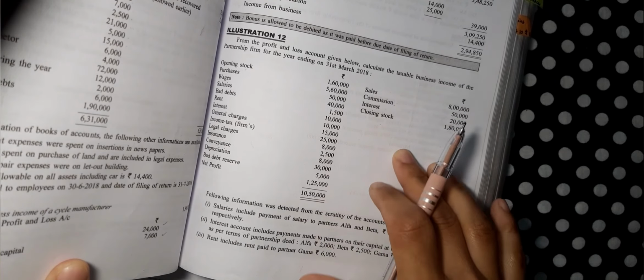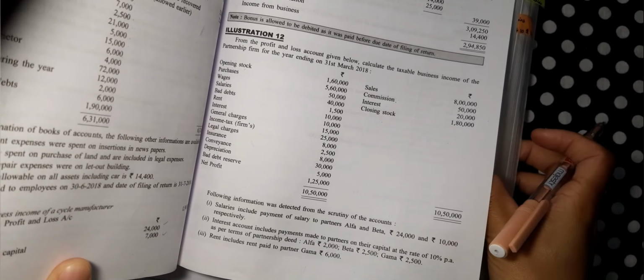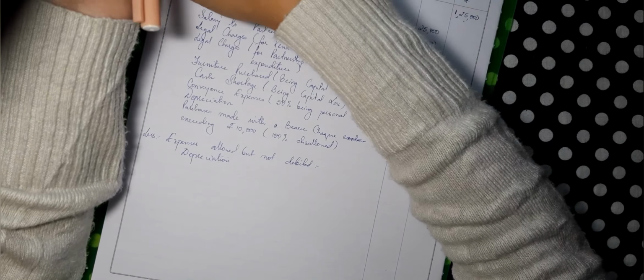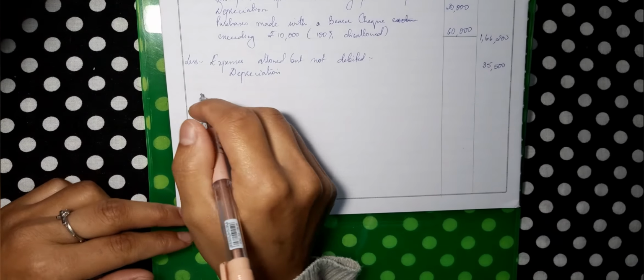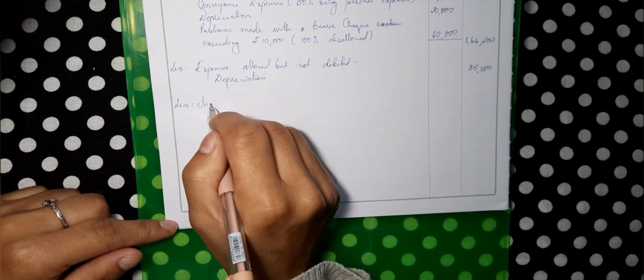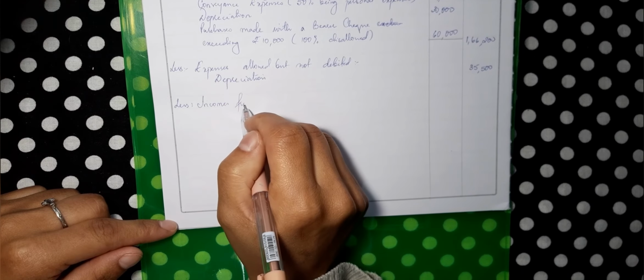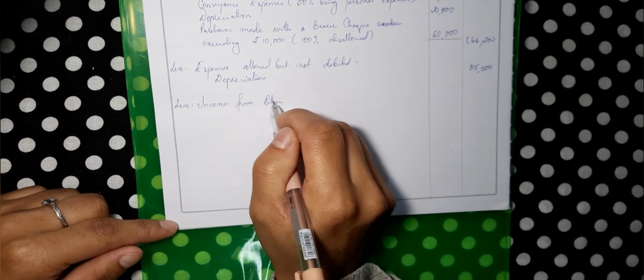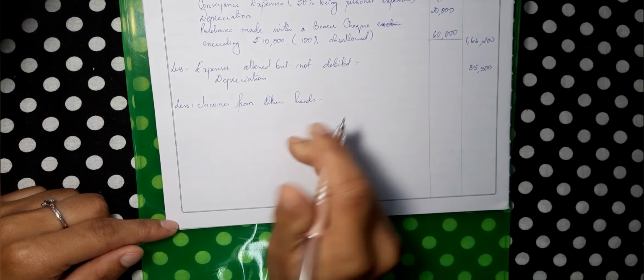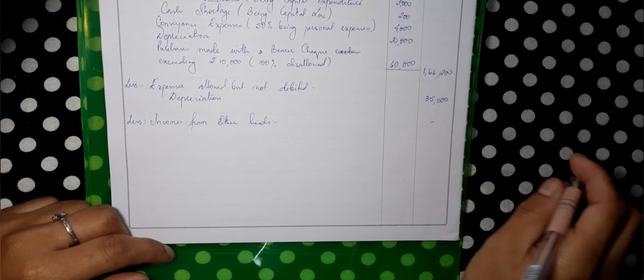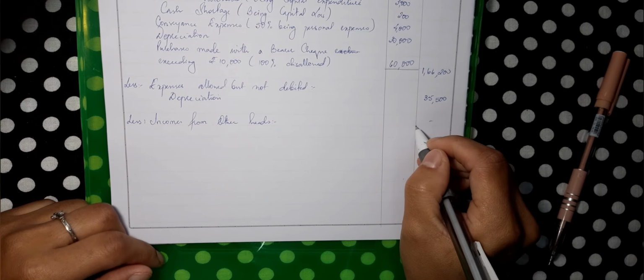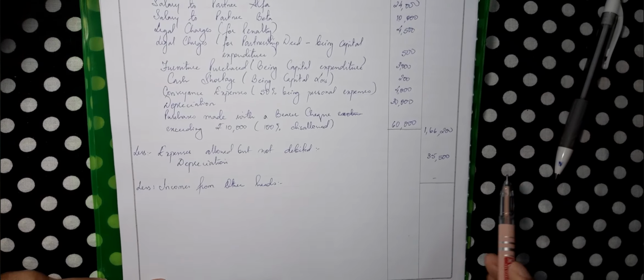So there are no incomes which are relating to other heads or other sources. So that means the other addition that we normally give, when we deduct the incomes, like we write normally, less incomes from other heads, this one is nil. Okay, this column is going to be nil. So that means there are no further incomes, there are no further deductions. So we can just close this straight away and get the total amount. Okay, close this and we should be getting the total